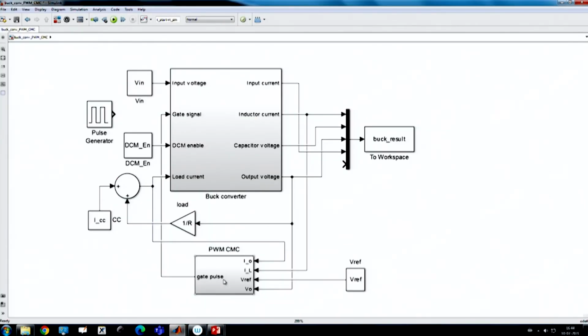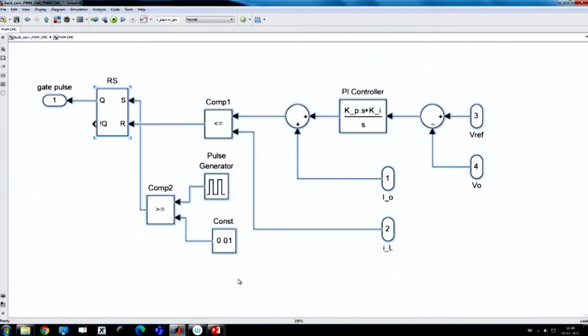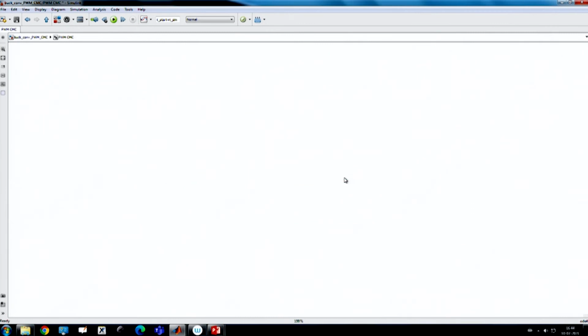So, we have discussed current mode control, but we will take more detail of current mode control in a future lecture. But for the time being, let us assume that we have to compare inductor current, because we have discussed in the week 2 lecture peak current mode control, valley current mode control, different architectures. Okay. So, here we are considering a PI controller,